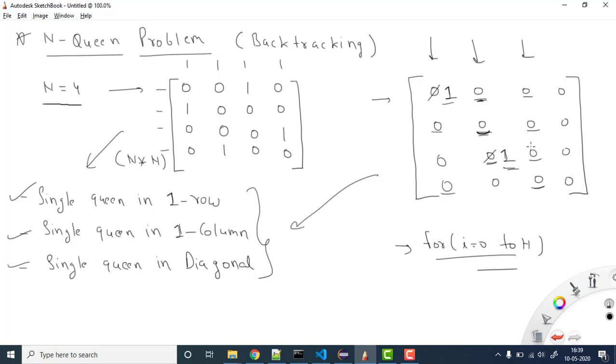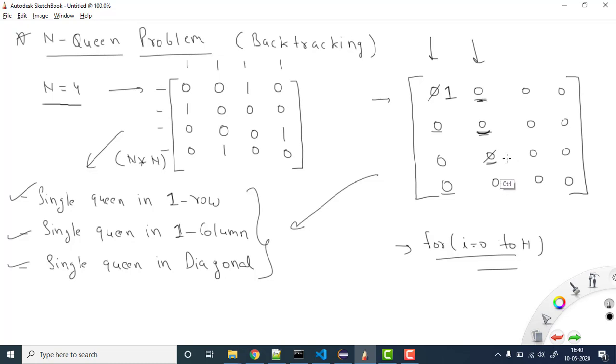How will we backtrack? Till now we have only checked for this row, so it says that this row is not good for you, you need to check the other row, right? So what we can do here is again set the value to 0.